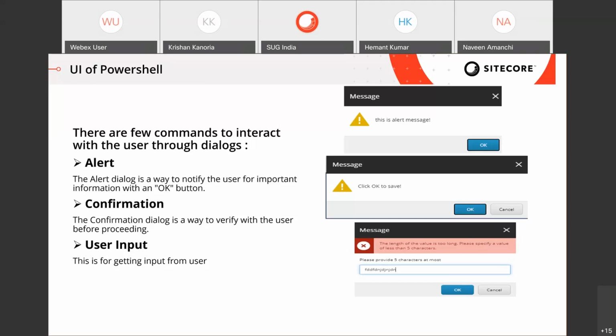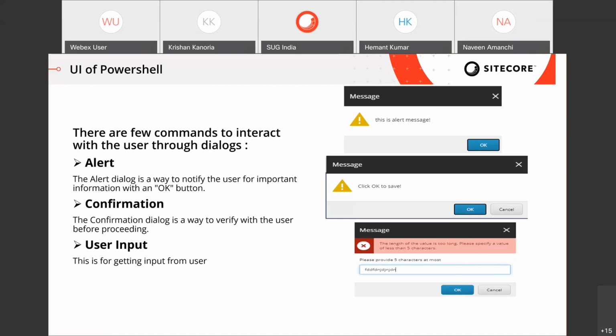If you want to search some content within the RTE field across 500 items, then PowerShell comes to the rescue. If you want to move items in bulk from one folder to another, then it helps. If you want to add a new language version, or if you want some version history, then it helps. If you want to create 100 users by reading from an Excel or CSV file, then PowerShell comes into the picture.